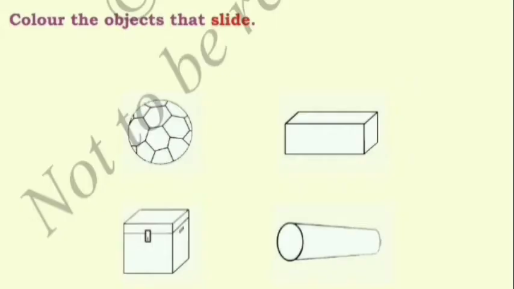Now we will go to ball. You will play with ball, no? It will roll or slide? Yes, it will roll. So we will tick ball. Cone will only slide, so we will not tick it. But wheel will roll, so we will tick wheel. In the previous sum, we ticked the object that rolls. Now you should color the object which slides.